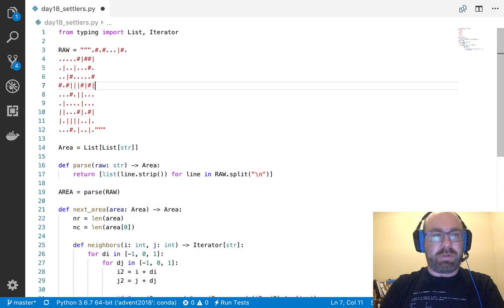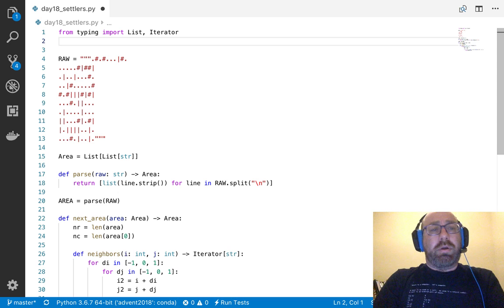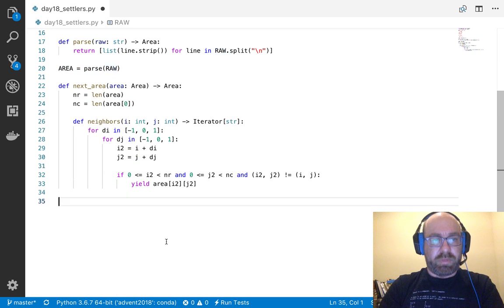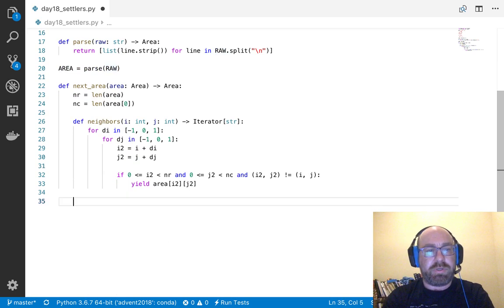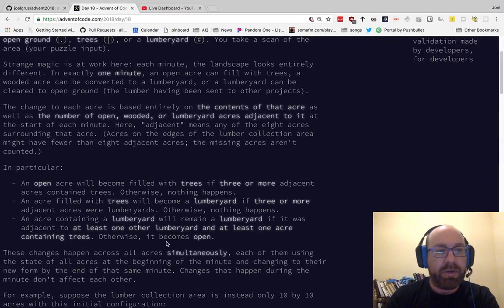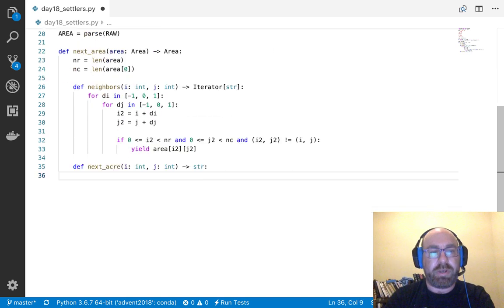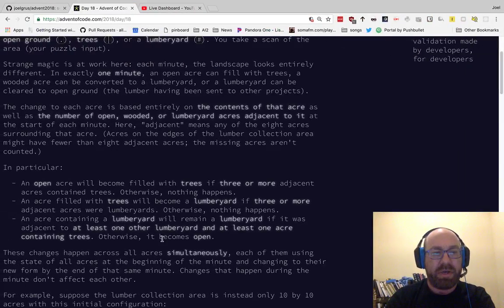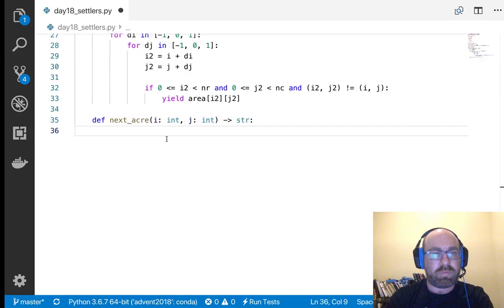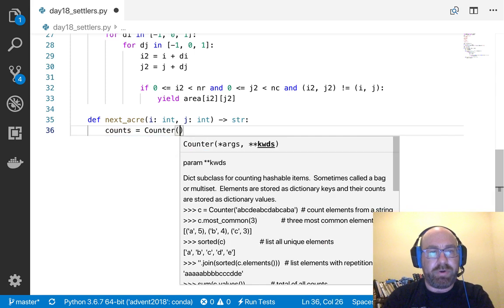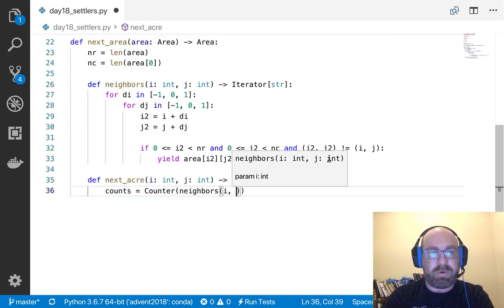And I also want, from collections import Counter. And so in addition to neighbors, what I want is I want to do def next acre i int, j int, and that's going to return a string. So what I'm going to do is I'm going to say counts equals Counter of neighbors ij.